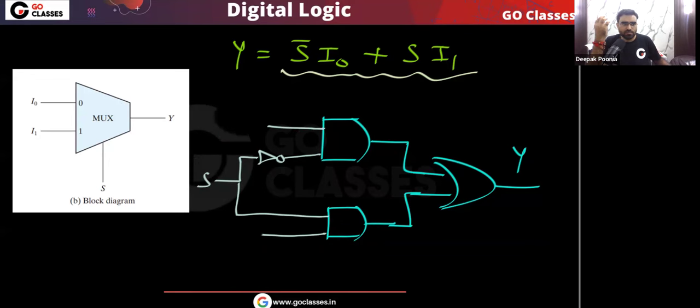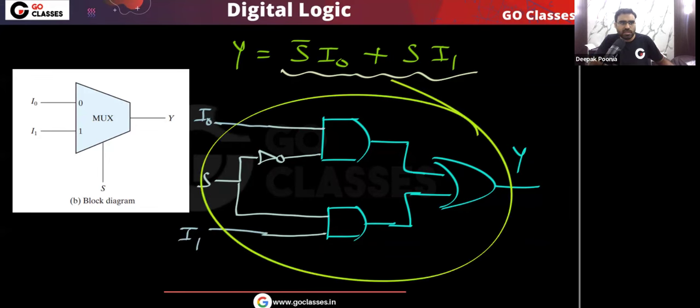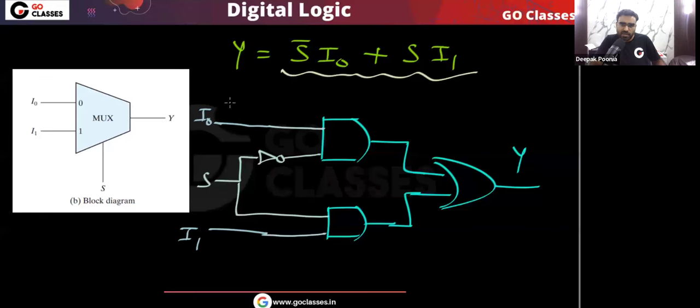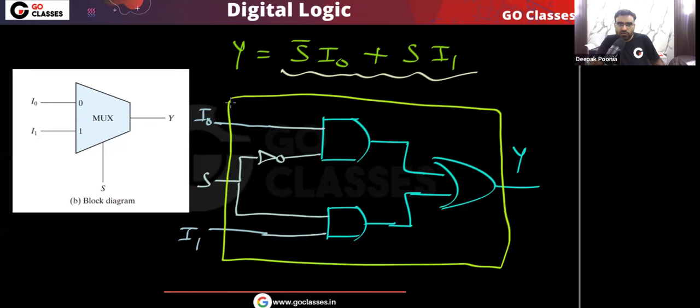So remember, this is the implementation of multiplexer using basic logic gates inside this block diagram. Okay, look at this block diagram. Inside this block diagram, basically we have this structure. This is what we have inside this block diagram. Okay, on your screen, this block diagram that you can see, inside this block diagram, basically we have this. I hope you understood. So this is the implementation of multiplexer using basic logic gates. Very simple.